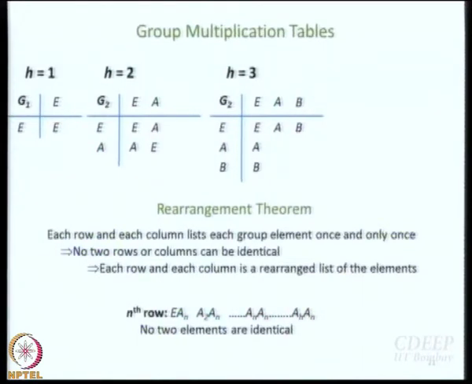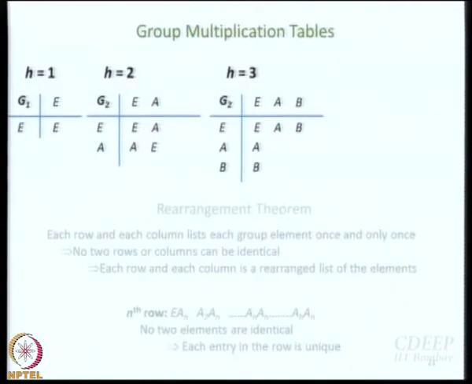And incidentally, the rearrangement theorem is discussed everywhere. I am following the treatment of Cotton. That's all. But it is there in all the books that we have on our text. Fine. So each entry in the row is unique. We already said that. Knowing this, can you fill in the blanks? Can you do this Sudoku?